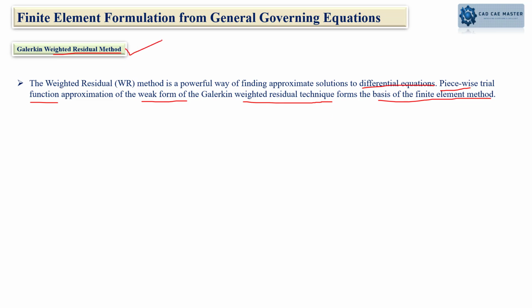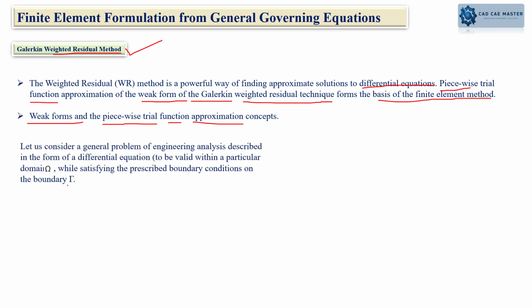We use this method everywhere. If someone asks which equation we use, it is the Galerkin weighted residual method, which we implement to solve the stiffness matrices at the back end in the algorithms. Here we generate the weak forms, and we use piecewise trial functions to approximate